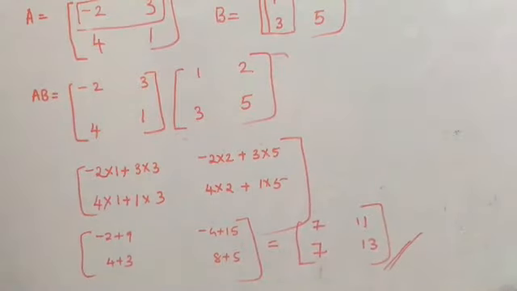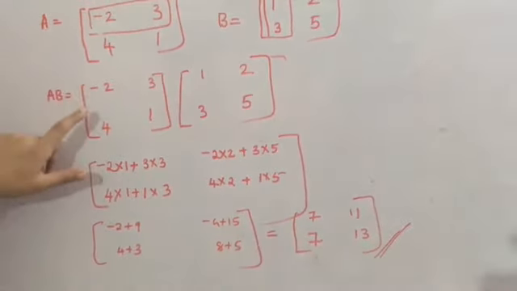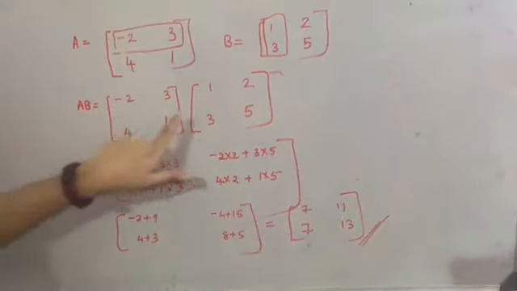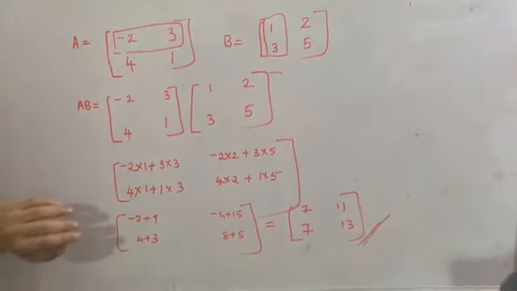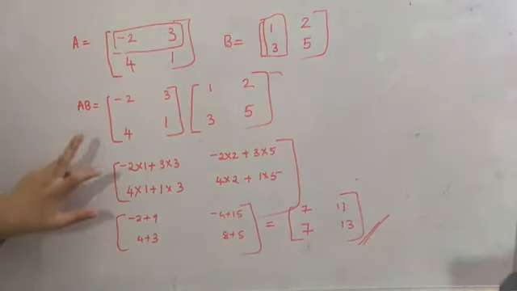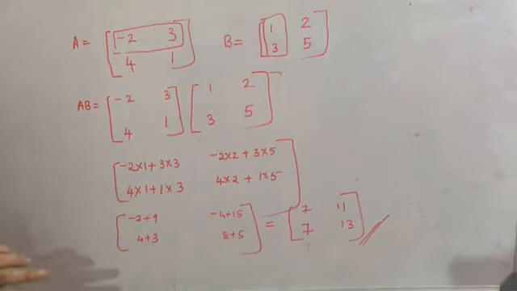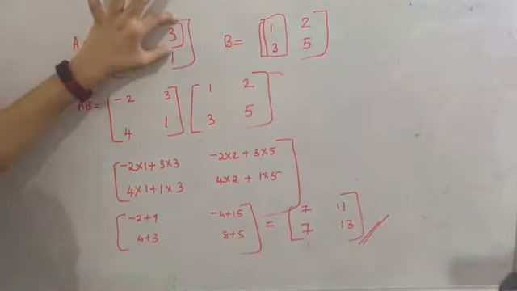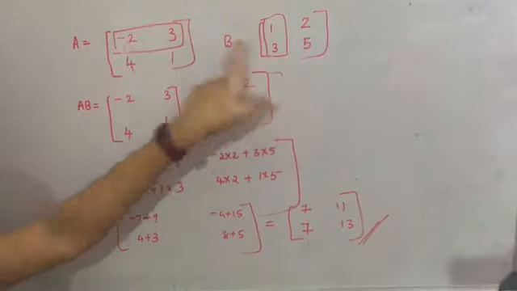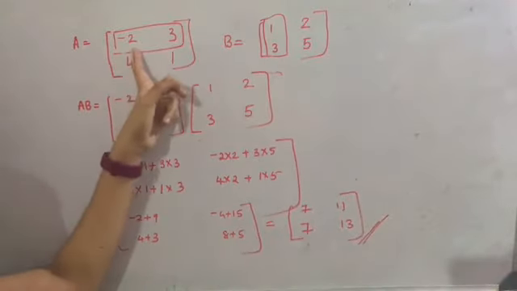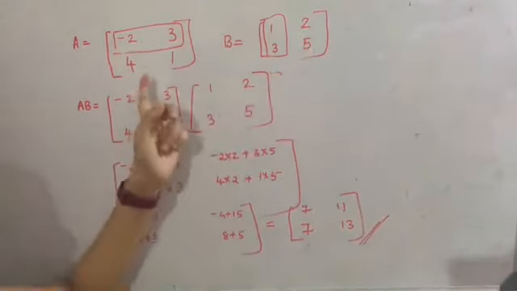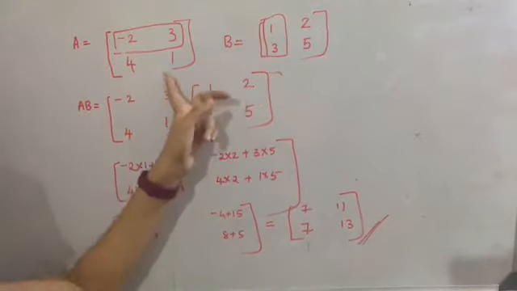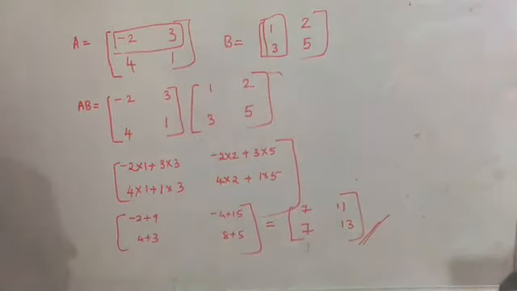When you have it, don't do it like addition. You need to use this method. Don't just multiply the first element into the first element. That's not the way you do it. It is clearly told that the number of columns in the first matrix should be equal to the number of rows in the second matrix. Only then you can use this method. The first row will be multiplied with the first column, the corresponding elements. Then the first row again with the second column. Again the second row with the first column, and the second row with the second column. This is how you do this. Just go through the problem.